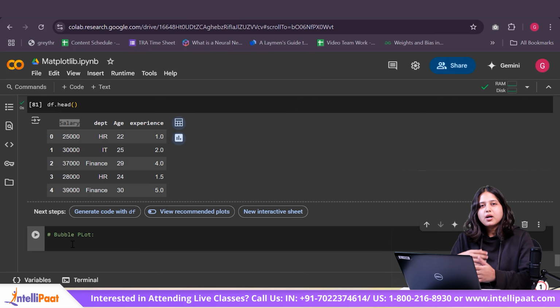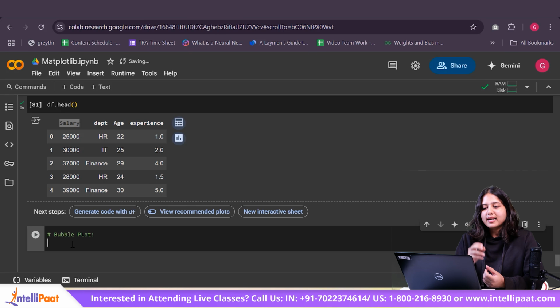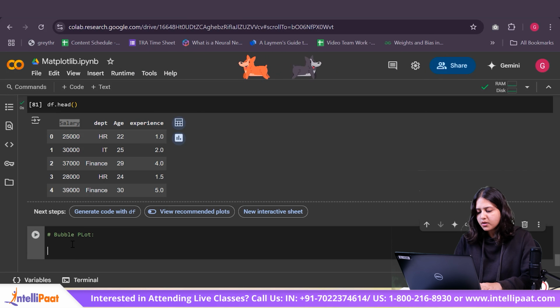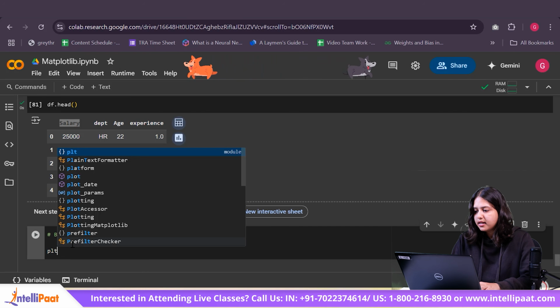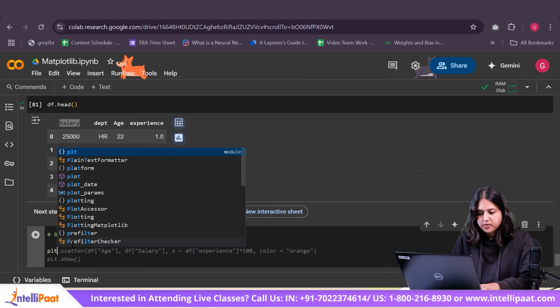Okay. So a bubble plot is nothing but a scatter plot where your third numerical column, so in this case we're going to use experience as our third numerical column, and this experience column is just going to define the bubble size. With that you get an idea of how much experience the person has. Basically, the larger your bubble, the more experience the person has. Let me go ahead and quickly create this plot for you guys.